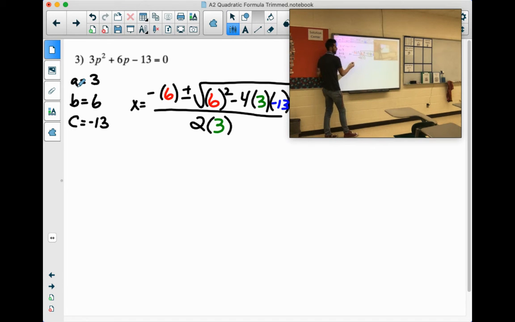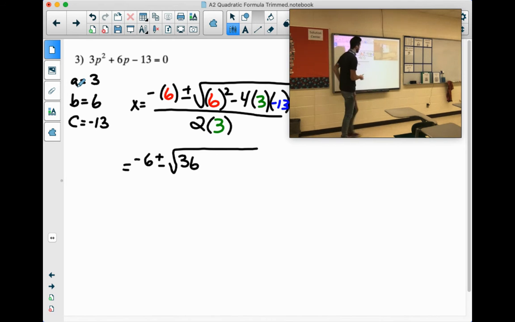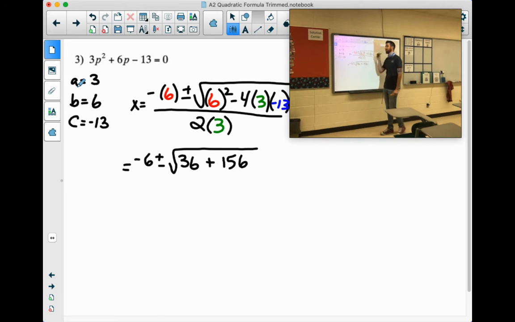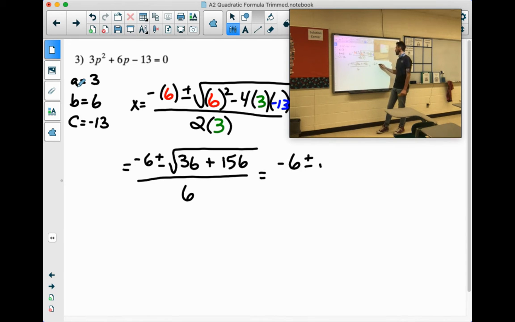Okay, so we have the opposite of 6, negative 6, plus or minus 6 squared is 36. Negative 4 times 3 is negative 12 times negative 13. 12 times 13 is 156. Remember, it changes to plus because you had a negative times negative. Denominator, 2 times 3 is 6. So negative 6 plus or minus square root of, let's see, 36 plus 156 is 192